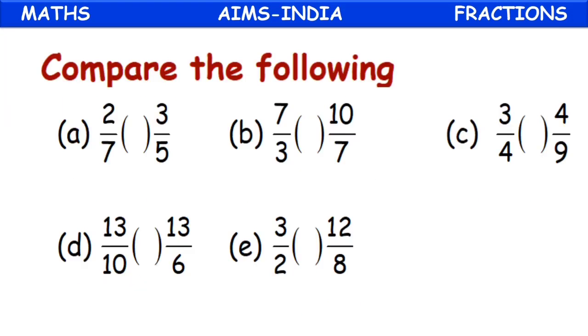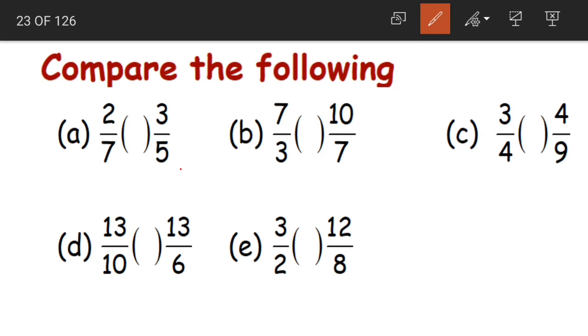Okay children. Next, compare the following unlike fractions. What do we have here? We have unlike fractions. Now as we have only two fractions here, we can compare them by cross multiplying. Yes, 2 5s are 10. Then we have 3 7s are 21. 10 is less than 21. So 2 by 7 is less than 3 by 5. Yes, what was 10? 10 was 2 into 5. It's the numerator of 2 by 7. So 2 by 7 is less than 3 by 5.